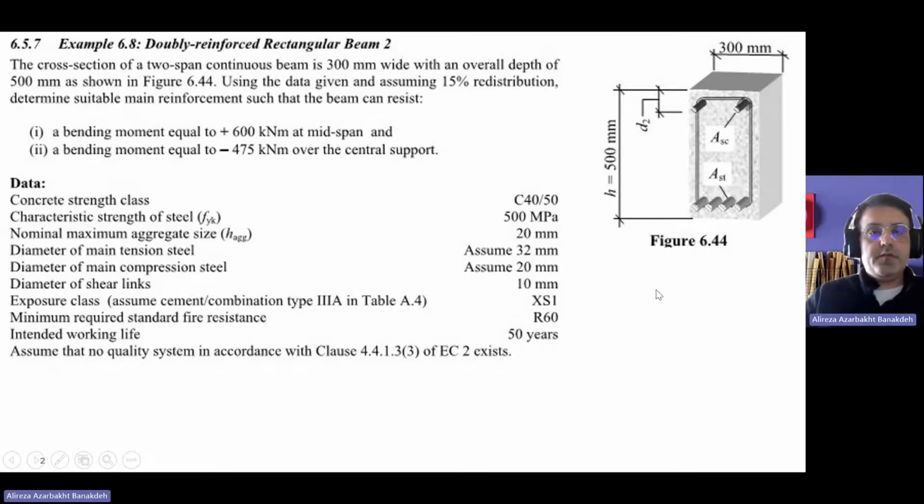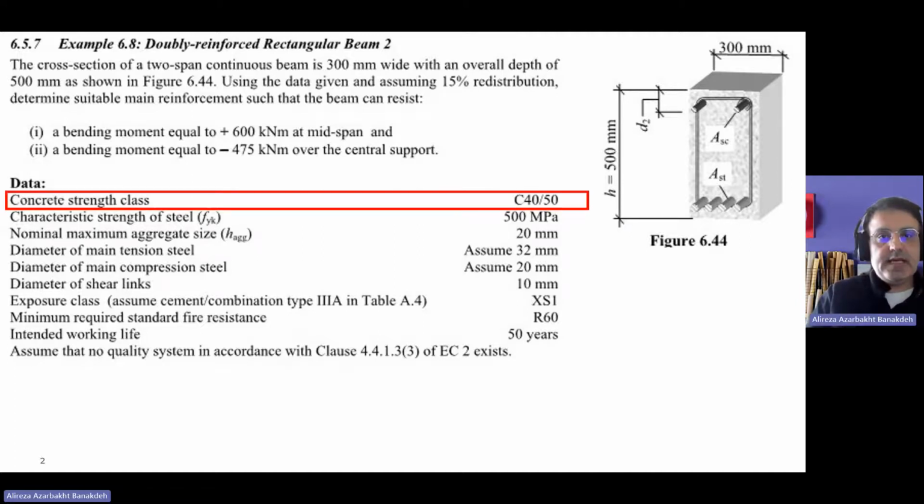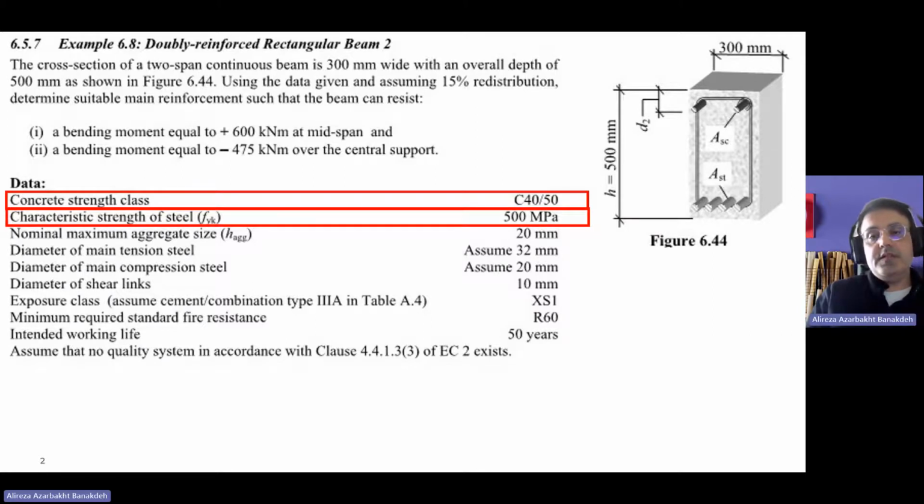If you remember from example 6.8 from last week, we talked about the design for the reinforcements. However, we just skipped how we can calculate the concrete cover necessary for the section. Just for a quick recap, if you remember, we had the concrete grade C40/50, which gives you the